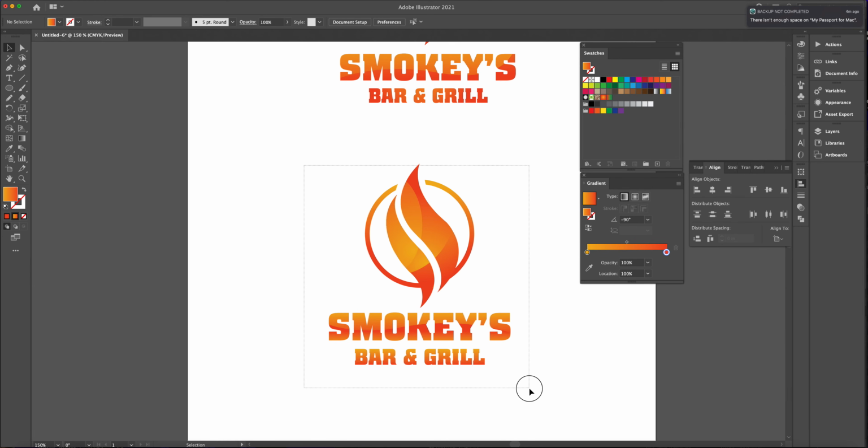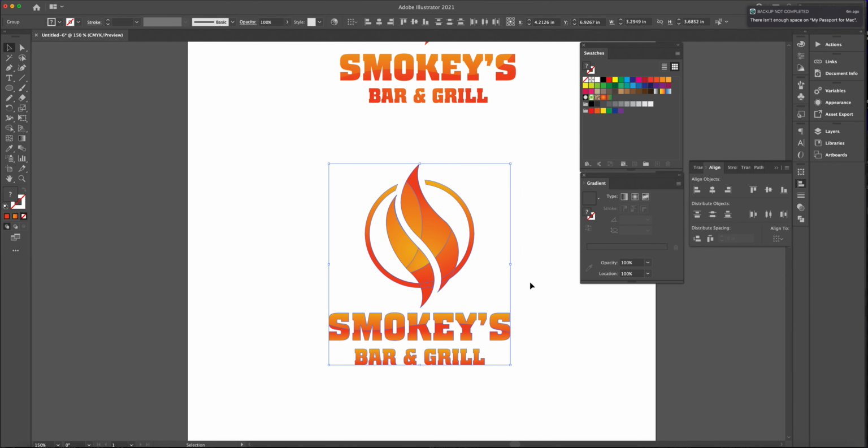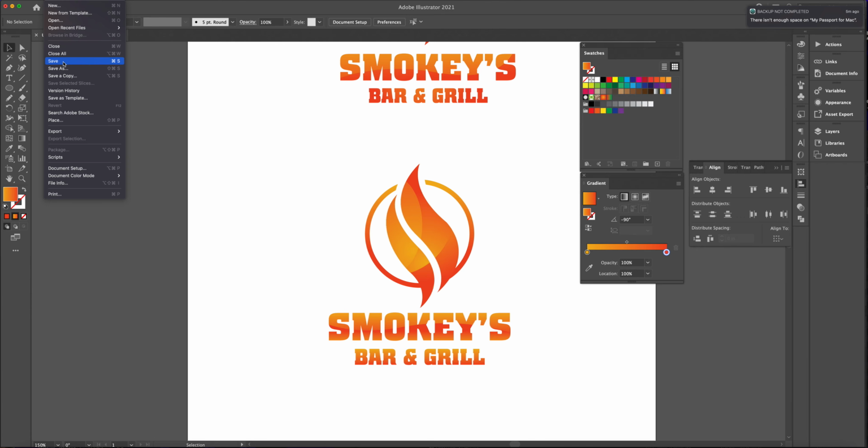So if I'm looking to place this object into another file, if we want to go to Google Drive, place it into a presentation, I first want to save my work as an Illustrator file or PDF. An Illustrator file is very custom because we are using the program itself. I can hit Command S to save, or I can go up to File, Save,